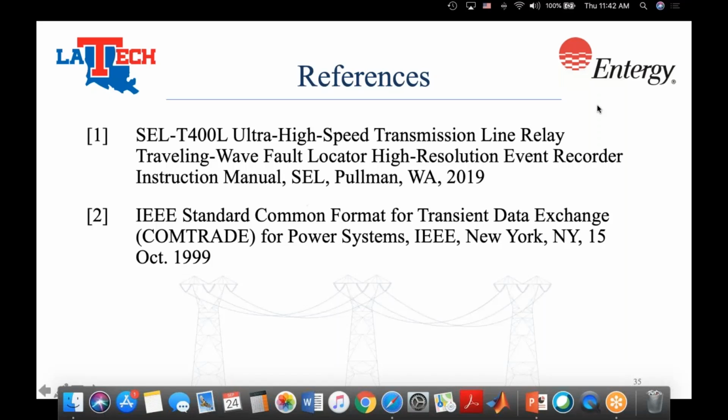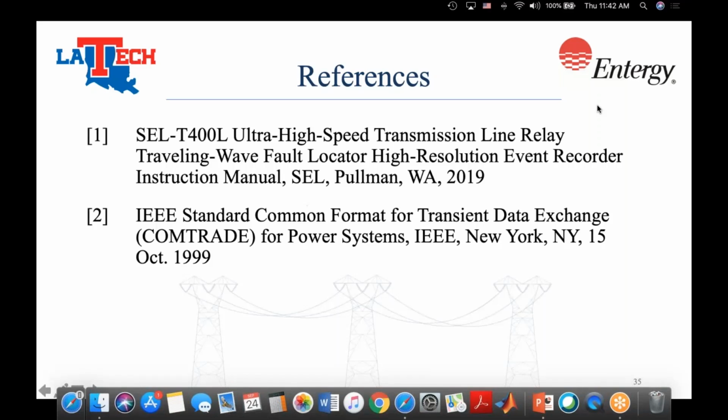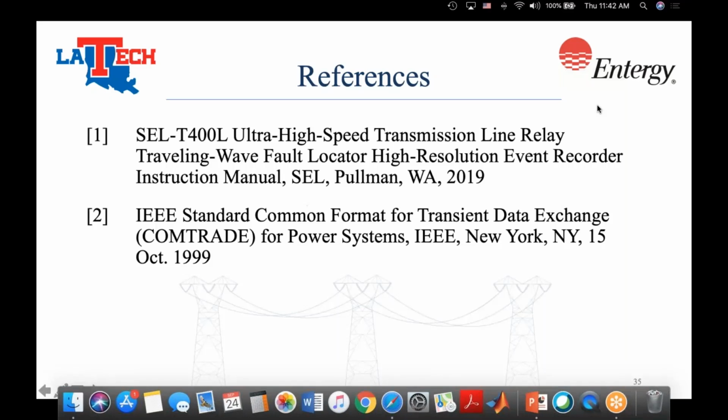Again, we might have misunderstood the question, but let me clarify what I understand. So is the question, what's the difference between the process that we're showing today and testing it with the double sets? Is that the question? Yes. Okay, so the double sets and the Omicron test sets, what they do is they inject actual currents